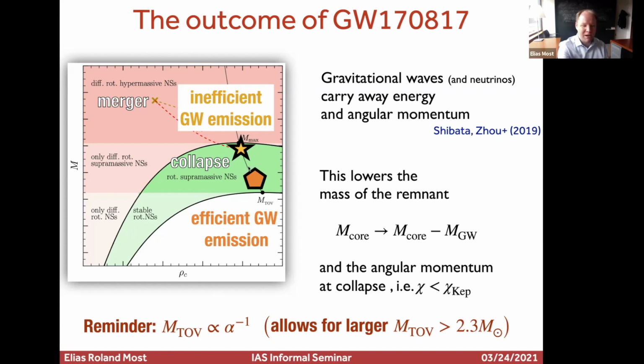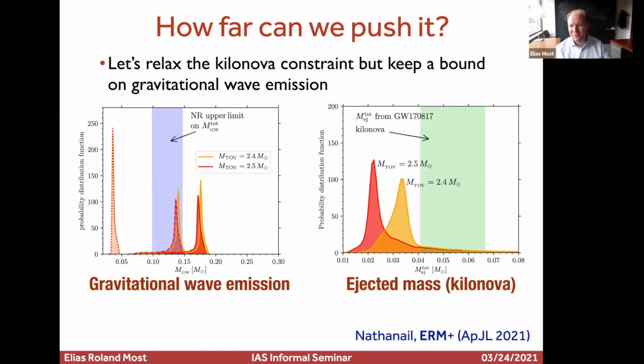So the further you go down, the higher your maximum mass will have to be in the end, that you infer from that method. Once you assume that you're radiating more angular momentum and more energy in terms of gravitational waves, this immediately relaxes the bound. However, you cannot relax it fully, because otherwise you never form a black hole and you're inconsistent with the short gamma-ray burst. I don't want to bother you with the complicated model, because instead of filling just a small part of the slide, it would fill the entire slide. But essentially these pictures show you what this does.